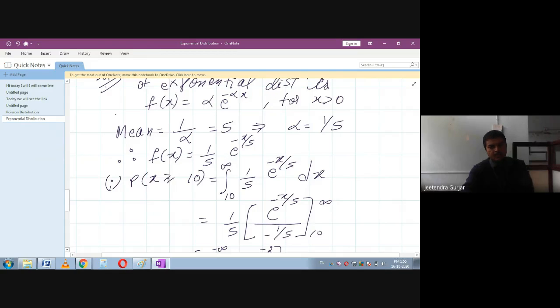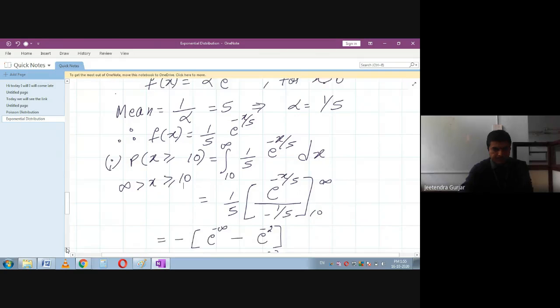Then probability of x greater than or equal to 10. The upper limit they have not given here, students, so we have to consider the upper limit, that is infinity. The lower limit they have given is 10. You have to understand this, the upper limit they have not given. So substitute the values, we get the answer